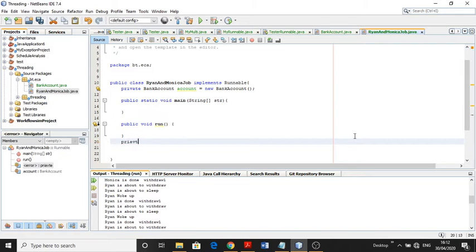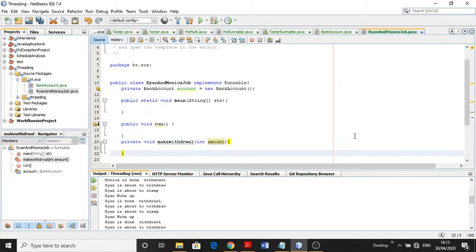private void makeWithdrawal method. Here we send an amount to withdraw.